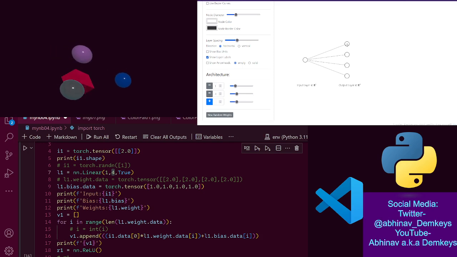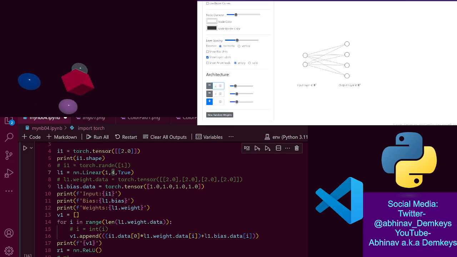Yeah, because when we say that this linear layer has four out features, each feature is a neuron here, and each feature takes in one input. I think that's a good way to visualize it because then